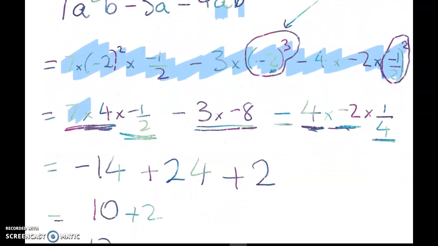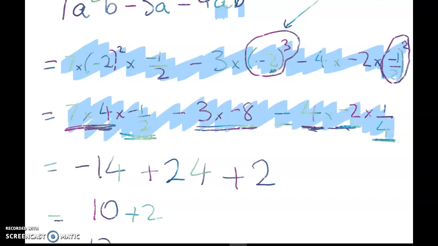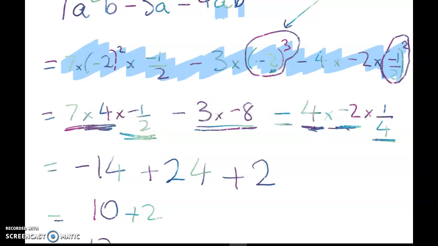This next line is also crucial if you're not going to make silly mistakes, right? I bet half of you watching this have screwed up some kind of negative or positive, and it's because you're going too quickly. And it's a really, really common thing to do when you're in Year 9. But as you get further through the school, you'll learn that it's sometimes, in fact usually in maths, better to